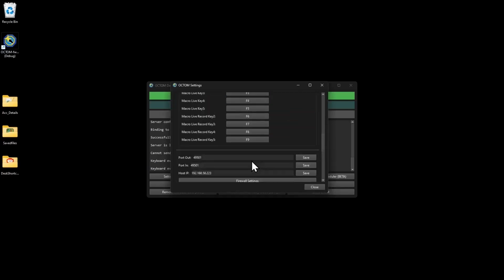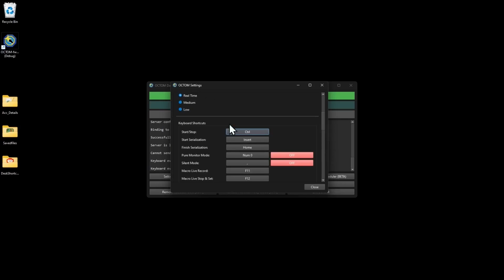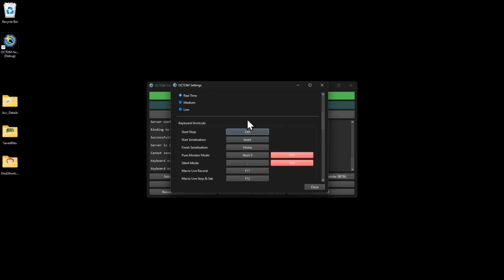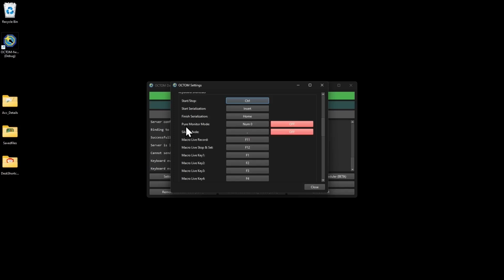And here I'll go through the setting options just to give an overview. These values can be changed. Oh yes, I want to stress this. It is ideal to use OCTOM Server or Pro with a macro keyboard or a macro mouse. So there's start, stop keys, start serialization, finish serialization, actually load serialization. I'm going to edit this. One can